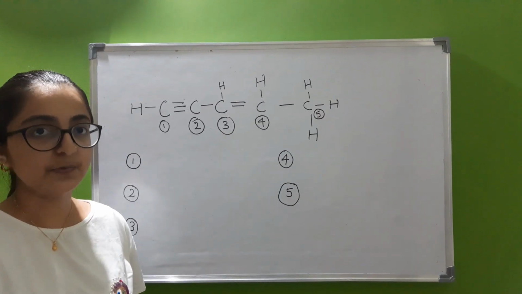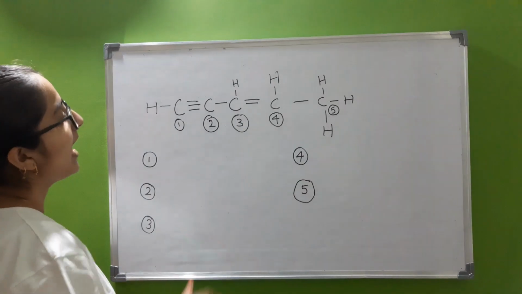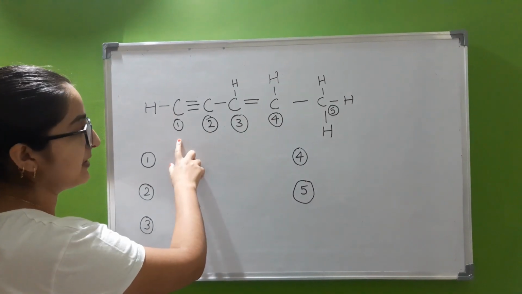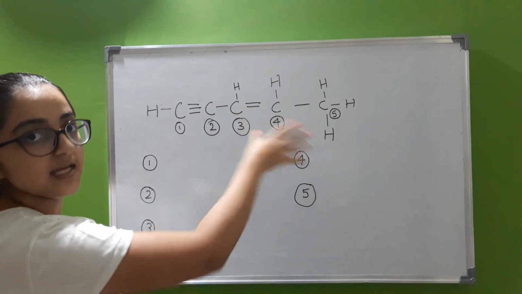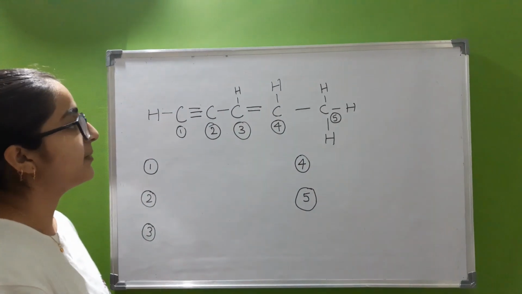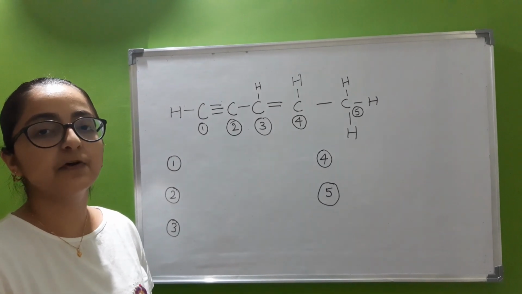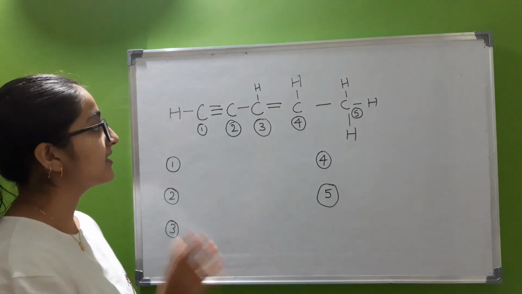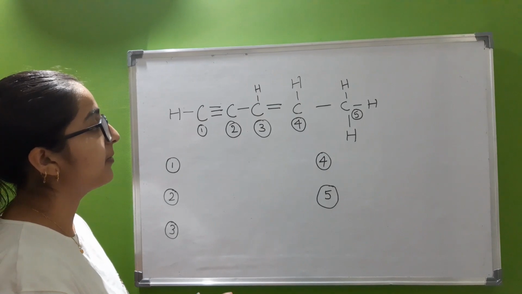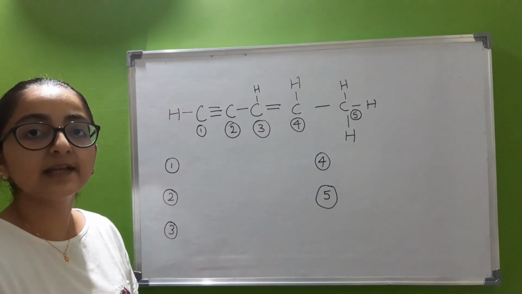Since you all have understood what sp hybridization, sp2 hybridization and sp3 hybridization are, I am taking an example of a compound and I am going to explain the hybridization of all these carbon atoms and the number of sigma and pi bonds present here. Now, whenever we are determining the hybridization of a carbon compound, we need to always look at the number of pi bonds present in it. Always the pi bonds, not the number of sigma bonds. Because in different compounds, there might be different numbers of sigma bonds, but the hybridization determining factor is the number of pi bonds.